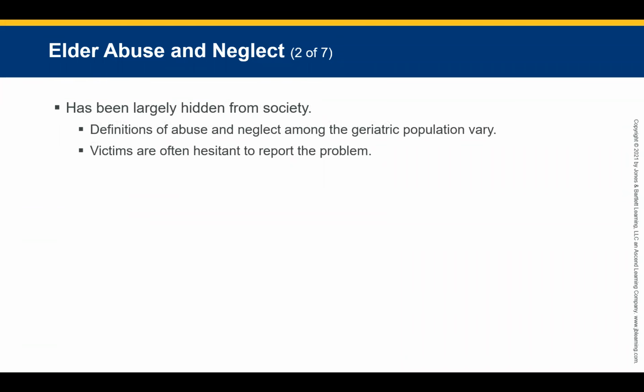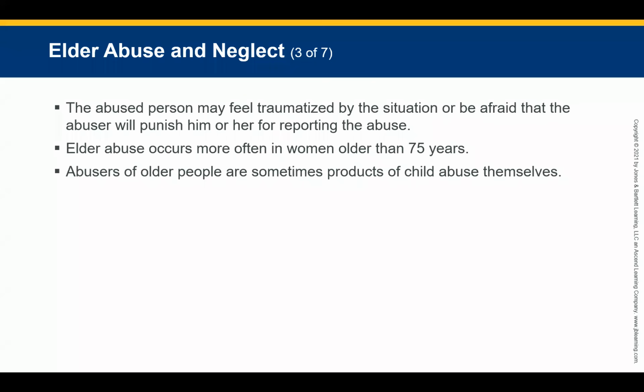Elderly abuse is a problem that has been largely hidden from society. They don't want to see that. Nursing homes that may not have family members down there may also be a part of that. Victims of elderly abuse are often hesitant to report the problems to law enforcement agencies or human and social welfare personnel. They just don't want that information out about them. So that's one of the things that's hidden.